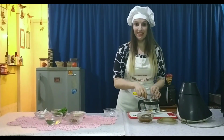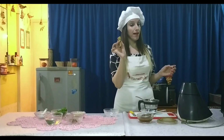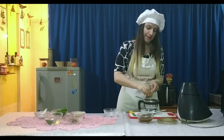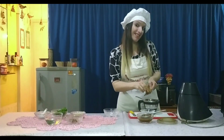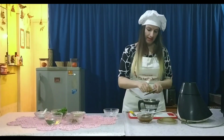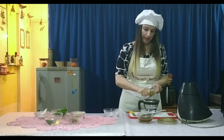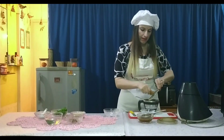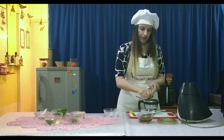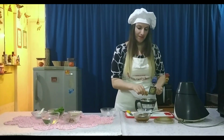Once we are done cutting the green mirchi, I am going to add a little ginger. Get the raw one from the market. Don't add too much ginger, or how we call it in Hindi, adrak. Just make sure it is properly cut. Okay, once we are done with ginger,